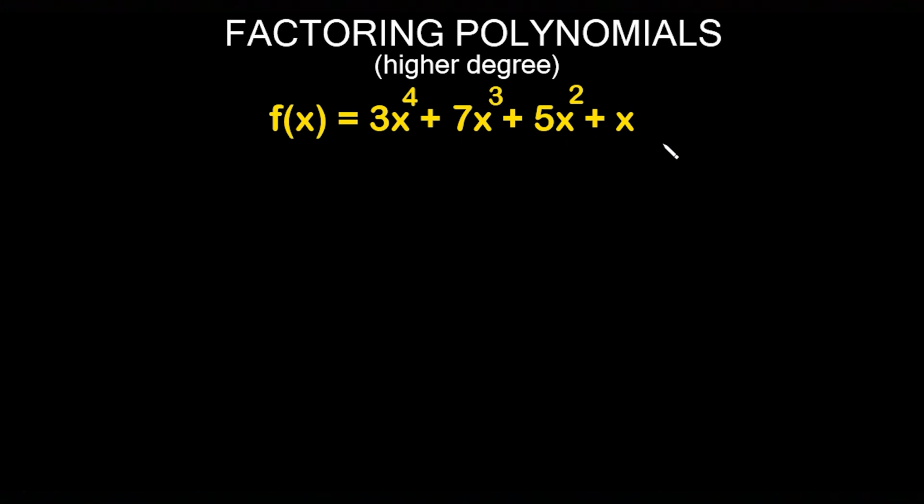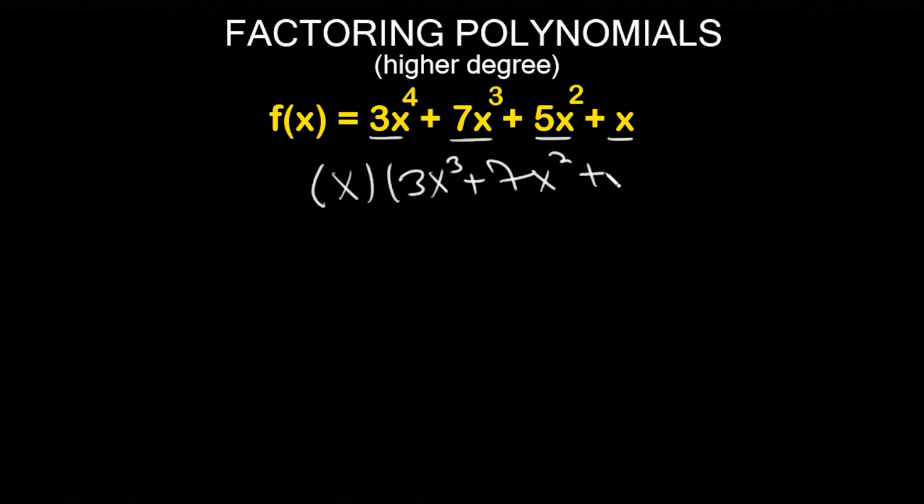our leading coefficient. Now this one's a little bit different because you do not actually have a constant here. So how could you get around that? Well, notice all 4 terms here. They have something in common. They have an x. I can pull out an x between all 4 of these terms, and then I will have a constant that I can work on. So if I pull out an x, I'm left with 3x cubed plus 7x squared plus 5x and then plus